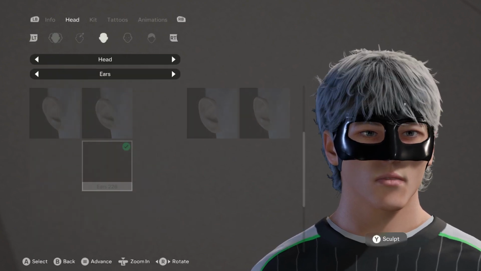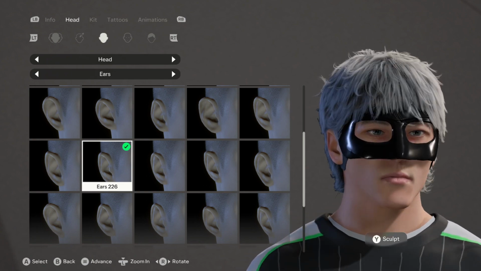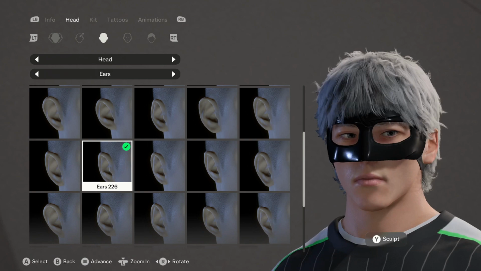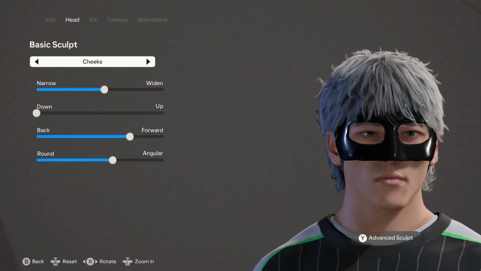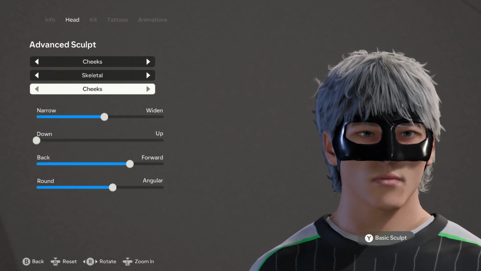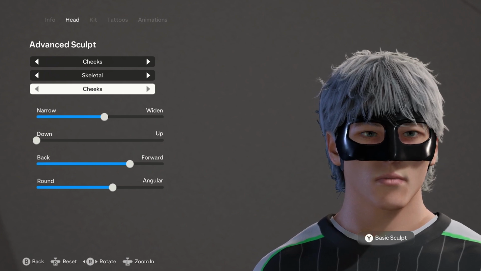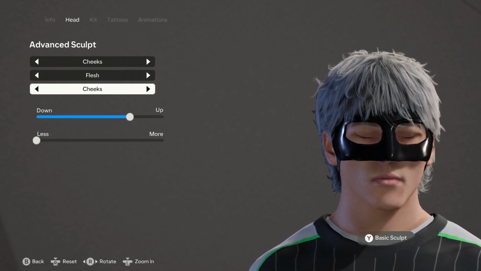We're moving on to the ears. I didn't do an advanced sculpt on the ears, so it's ears 2 to 6 that we're going to be using for Gojo. Then for the cheeks, we're going for a custom cheek as well. So we're going to the advanced sculpt, and we're going to start with the skeletal and the cheeks. It's just the cheeks that's under skeletal. So again, feel free to pause the video and copy the sliders to your player. Then for the flesh, we have the cheeks,